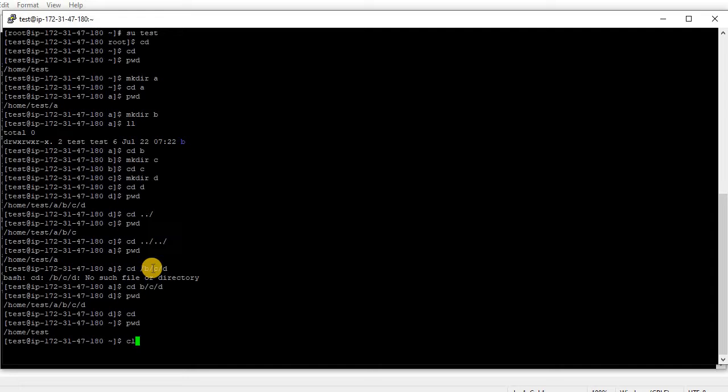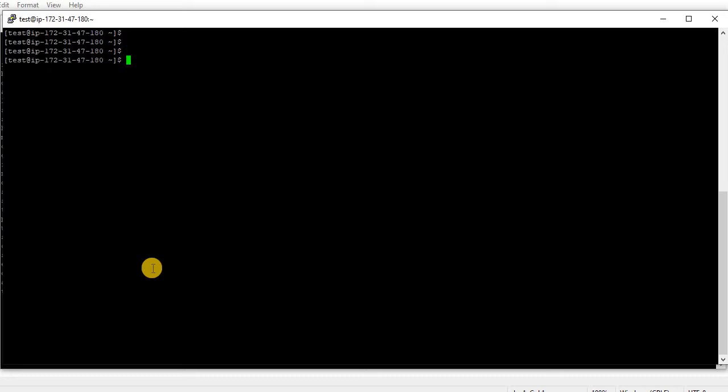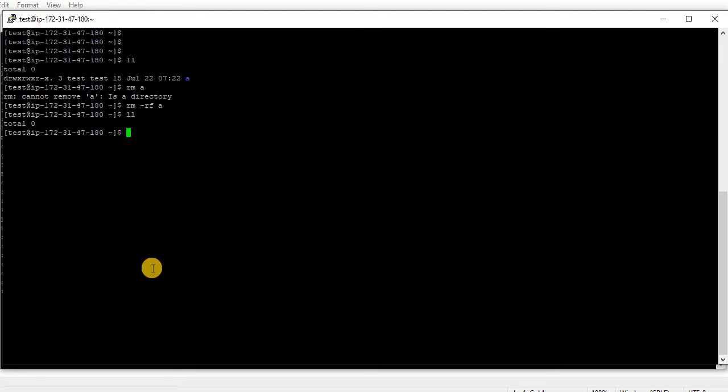Okay, let us clear this. Okay, ll. I'll remove all this. See, just now give rm a. See, rm cannot remove a because it's a directory. That's why, as I said in the previous video, use rm -rf. Okay, so nothing will be there. So now what will you do? Just create some dummy files. touch a/b/c/d